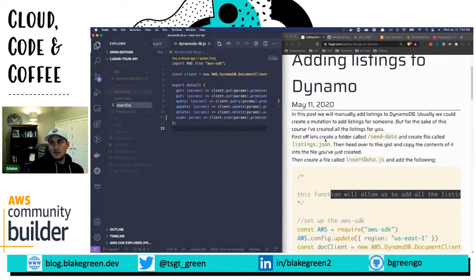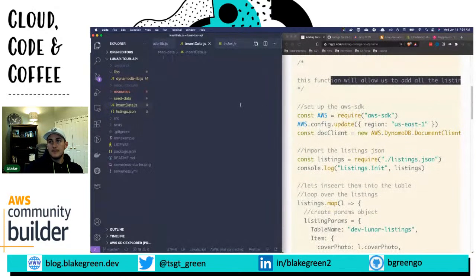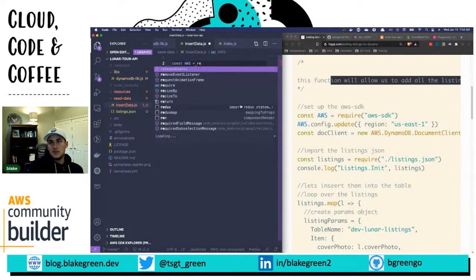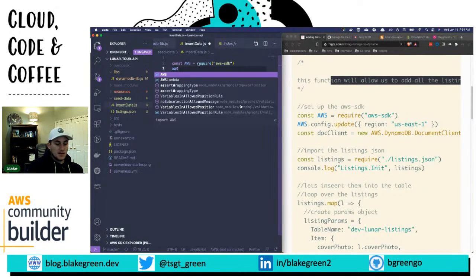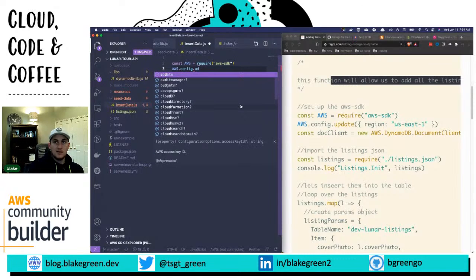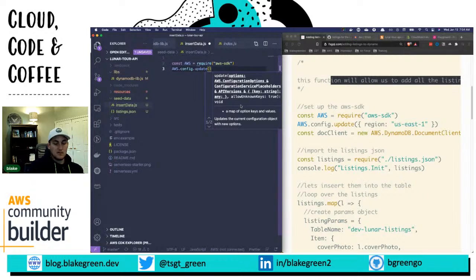Insert data. All right, so we're gonna set up the SDK. So const AWS equals require AWS-SDK. AWS.config.update, region